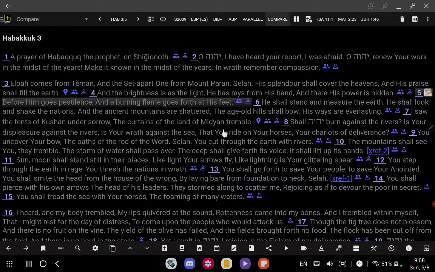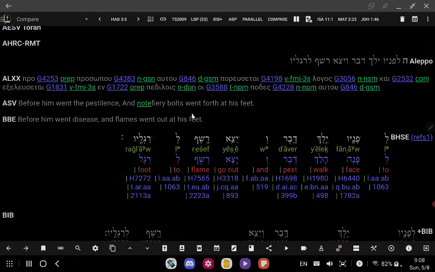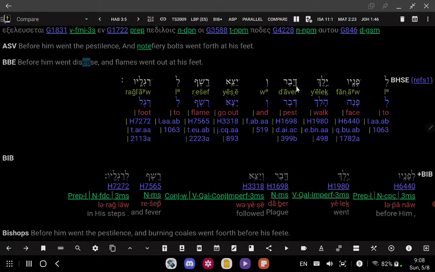and let's look at compare here. And one thing I wanted to show you here is that the word that the Greek uses is logos, which is word. So John 1:1, in the beginning was the word, the logos. Okay, so before his face shall go a word, versus a pestilence or a disease. And again, this is just the difference between daver,